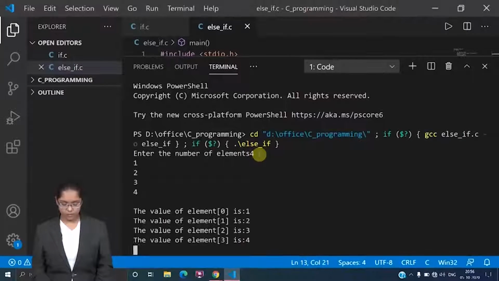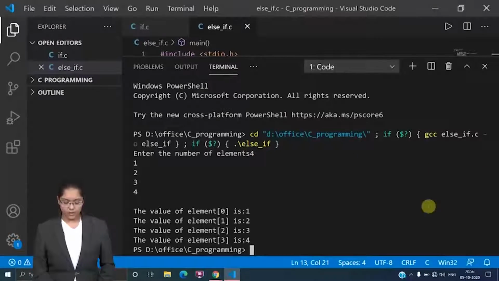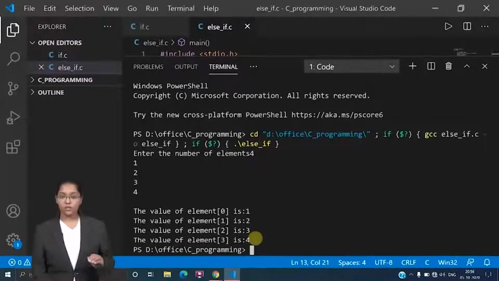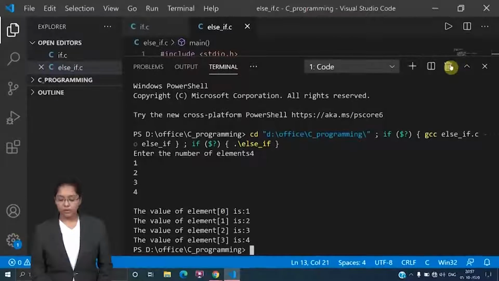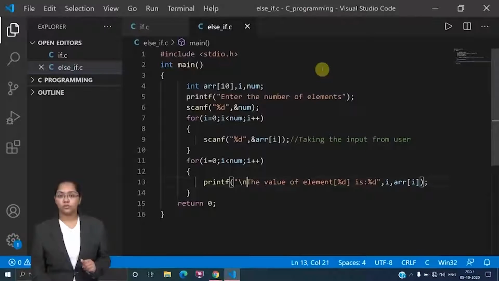See, here the output has come: the value of element 0 is 1, and so on. Firstly I have given the number of elements, it reads them, and then in the next for loop it prints them. So this is how you can take the values from users.